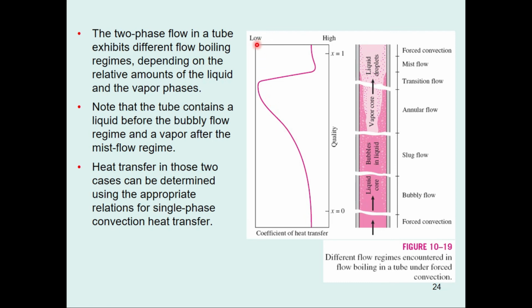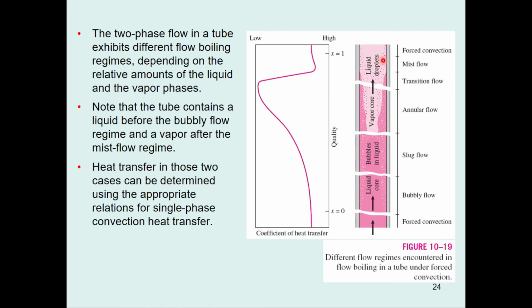From this side there is a low heat transfer coefficient, and this is the high heat transfer coefficient. As the flow regimes change inside the tube during the boiling process, the heat transfer coefficient slightly decreases, and at the end of the annular region or at the start of the transition region, there is the minimum value of the heat transfer coefficient. This transition region continues until the inner surface of the tube is completely dry. Any liquid at this moment is in the form of droplets suspended in the vapor core. The inner is the vapor core, right, which resembles a mist.